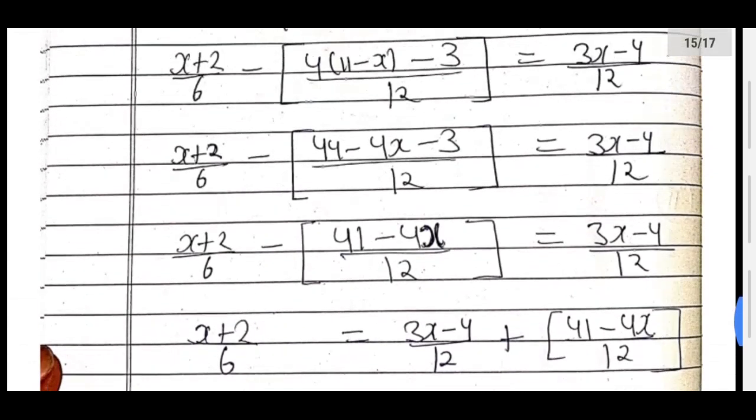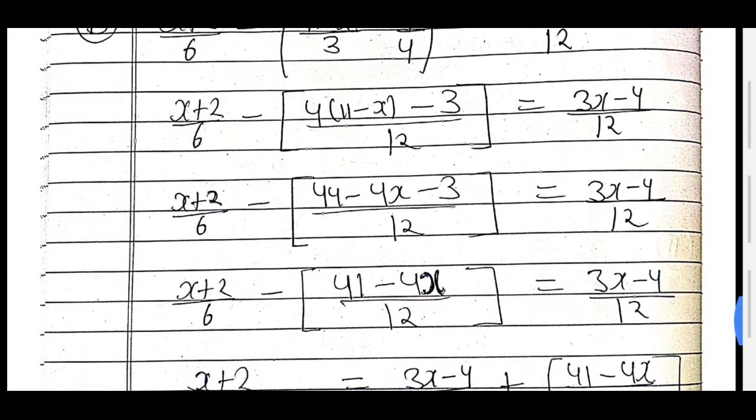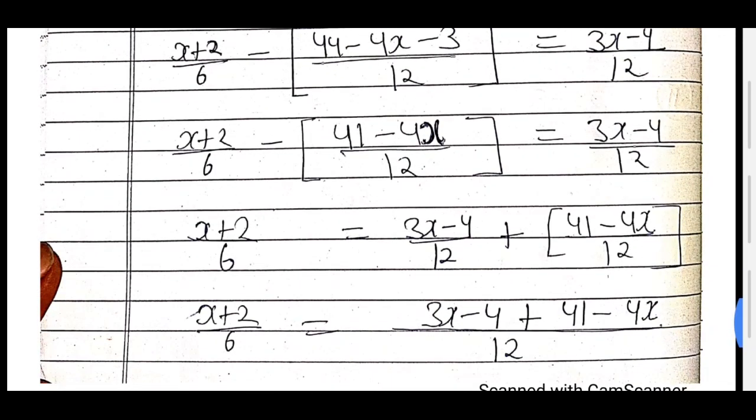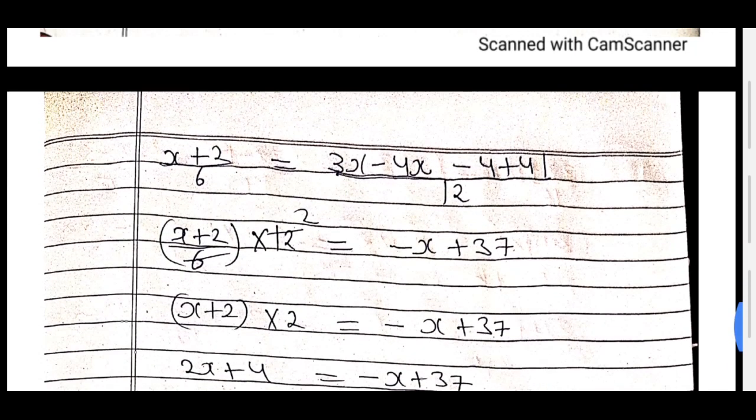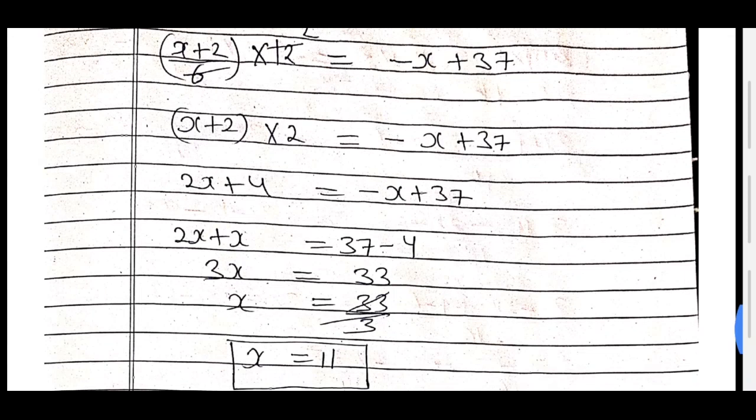In this question I am making one shortcut. I am explaining one more time. Suppose you do it like that also, multiply. When you solve this one here, then what you do? Multiply this by this, and this by this, and this by this. When you get one answer, then again you just do cross multiply, you will get your answer. But we are making one shortcut here, because both numbers are same, so we move this side, become plus, and they are same, they simply add. And then again you come this side, like that. Then this 12 comes this side, it becomes multiply, and then you cut, and then multiply, and then you solve, like that one.